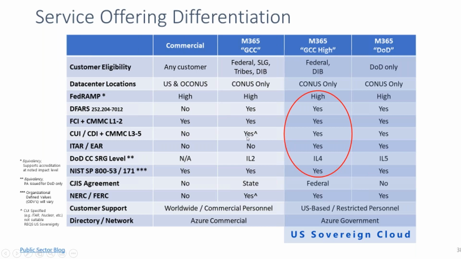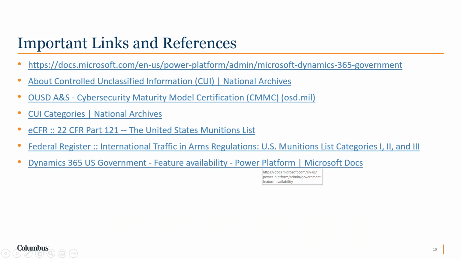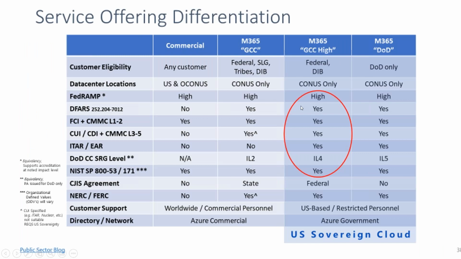It says that CUI is covered, but then there's this little thing: ITAR, nuclear, et cetera, are not suitable, okay? Then they offer the GCC High Cloud. That is the most secure. That meets all the levels. But the issues that you're going to see in another slide that I'm going to show you is that